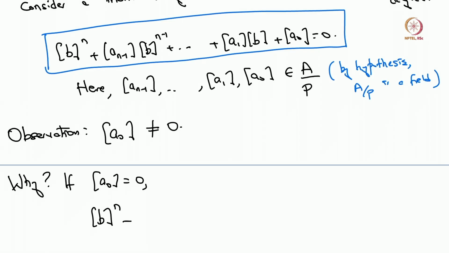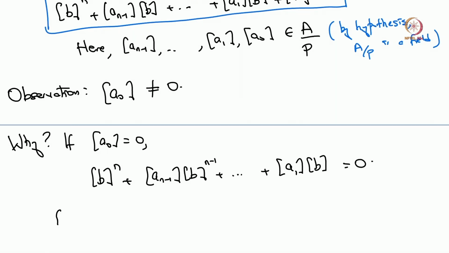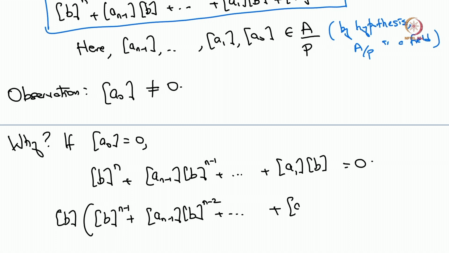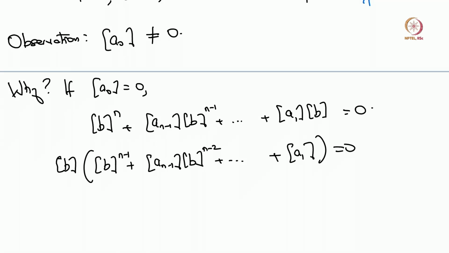The constant term vanishes, and now if you just factor out the bracket b, you get bracket b to the n minus 1 and so on and so forth equals 0, and this equality is taking place